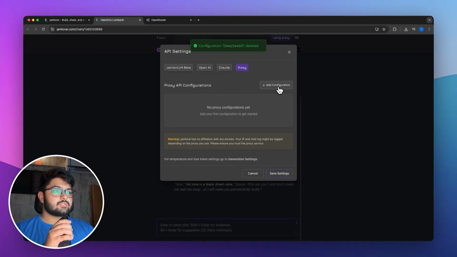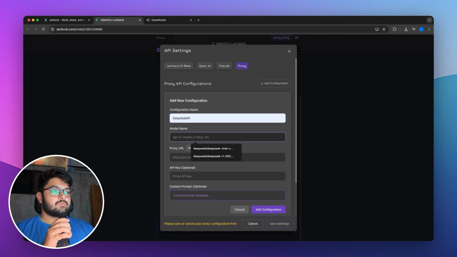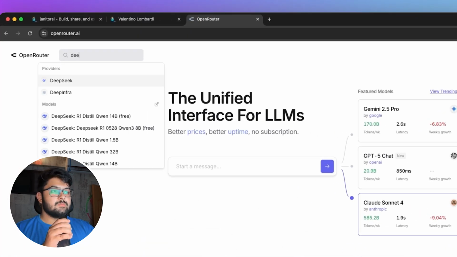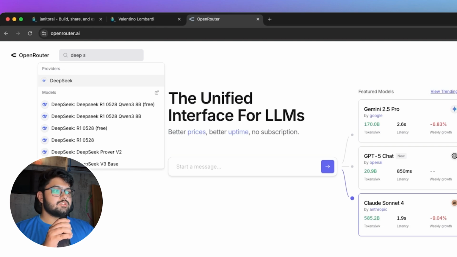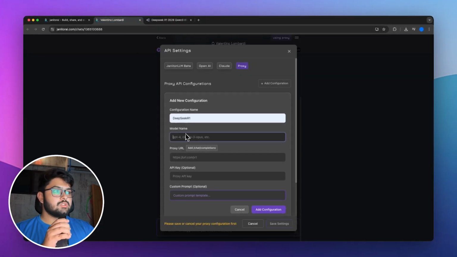Okay, then just click add configuration. For the name, type something like DeepSeek R1 or whatever you like, doesn't matter. Now, for the model name, go over to openrouter.ai, and if you don't have an account, then just create one. Then search for DeepSeek. You'll see several DeepSeek models right here. Just pick the one that's free, and then copy this key right here and paste it under model name in